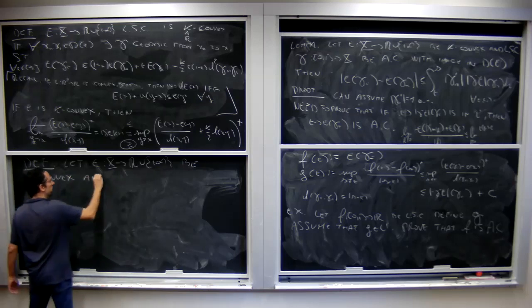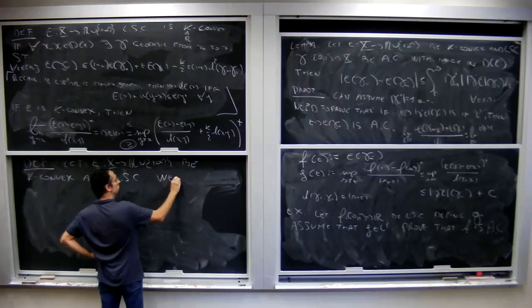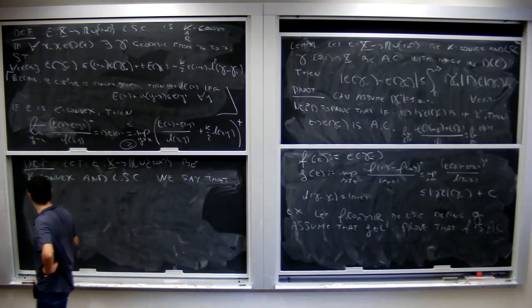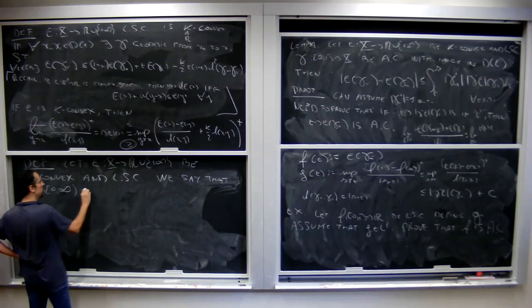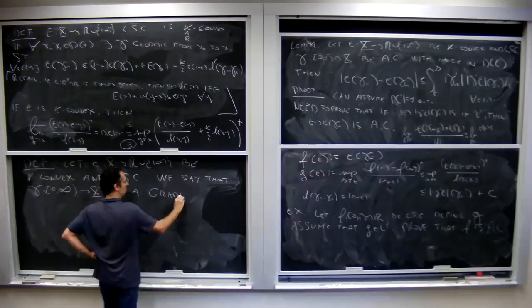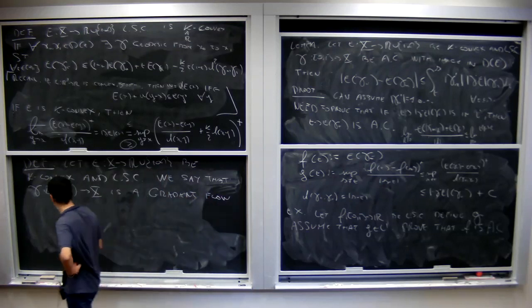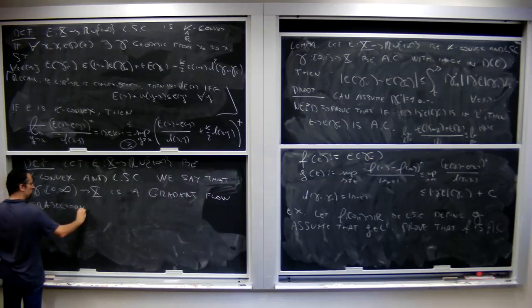And we say that a curve gamma, typically defined on a half line, but you can easily modify the definition to let it be a bounded interval, is a gradient flow trajectory